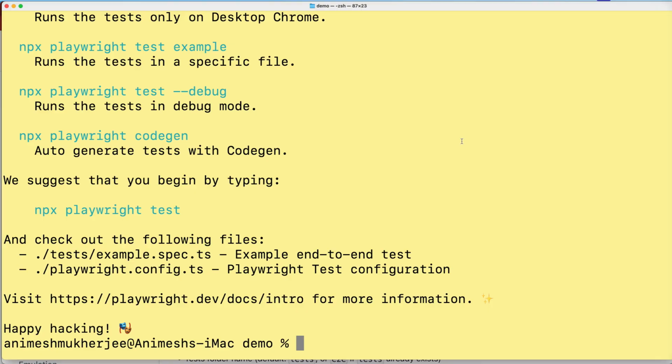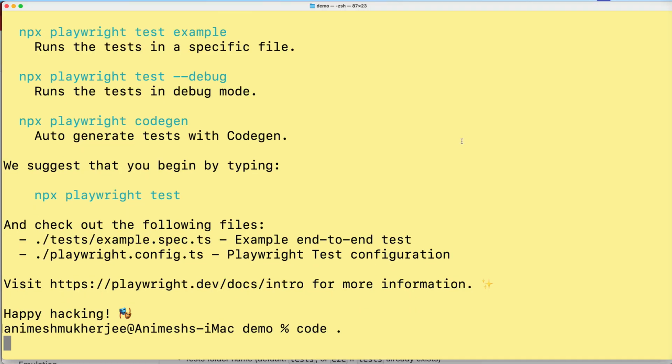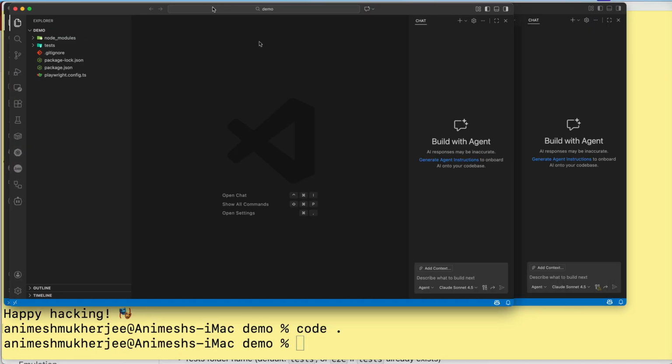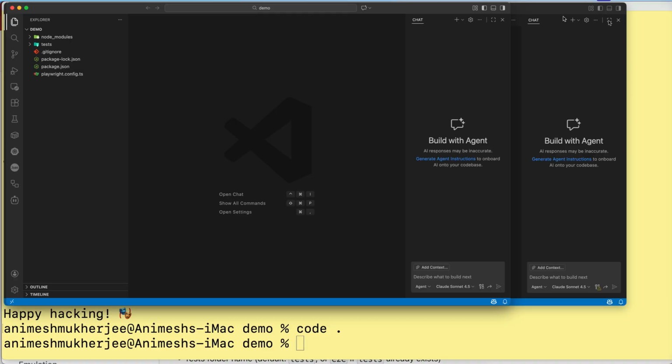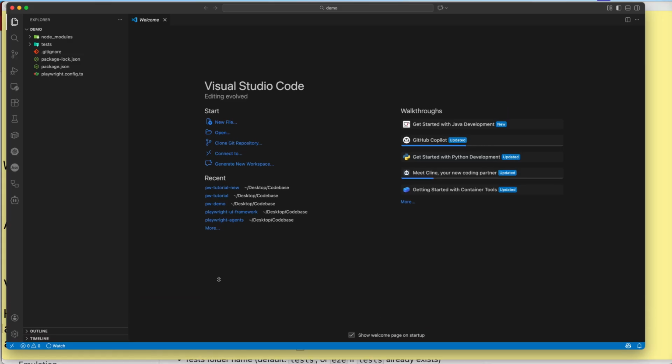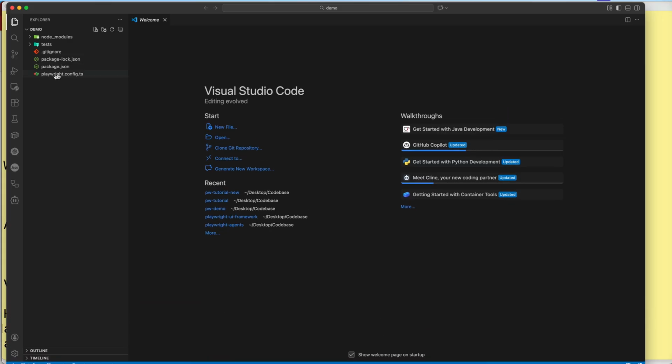Once the installation is complete, we'll open this folder in the code editor. Let me open it in VS Code. I have opened this in my VS Code. As you can see, a couple of folders, node_modules and tests, have been created, along with a few files like package.json and playwright.config. I'll explain all the folders one by one in the subsequent videos, but in this video we'll be installing the